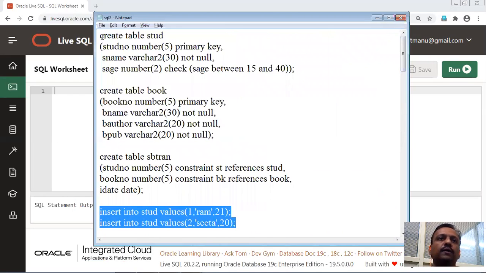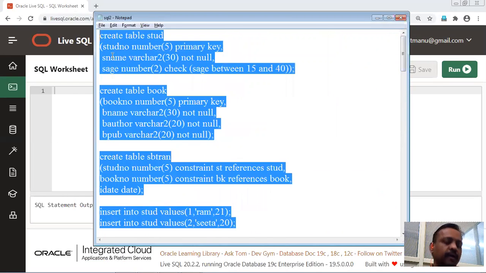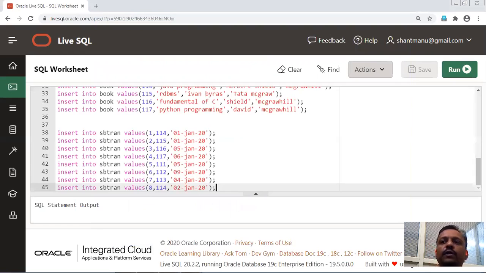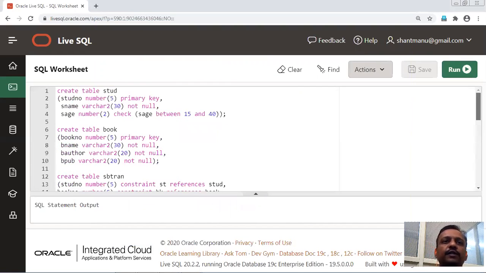I am going to copy all this content and put all these queries directly on the SQL worksheet. These queries will get executed one by one.